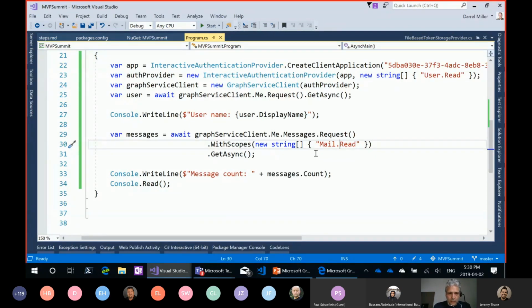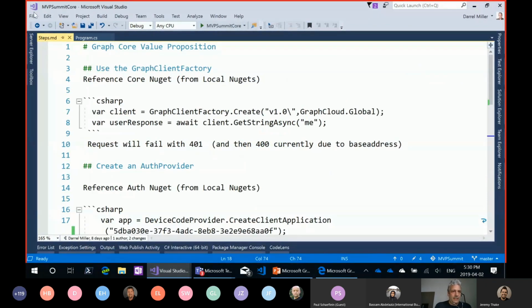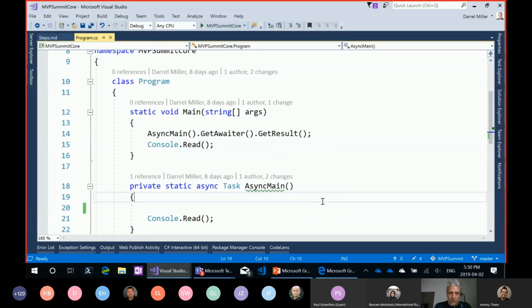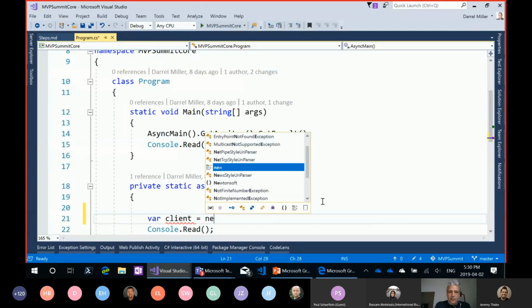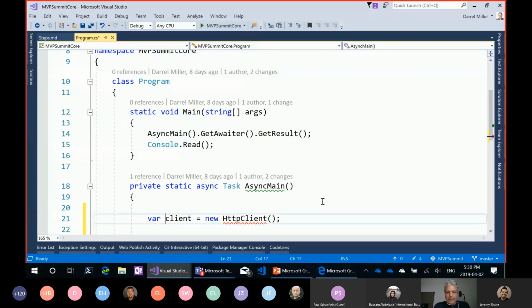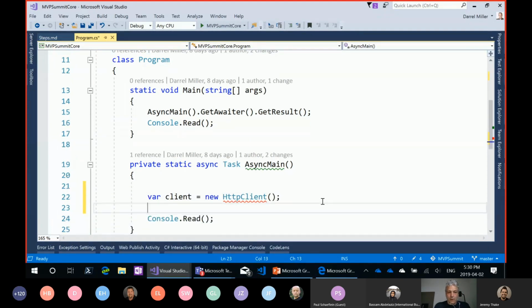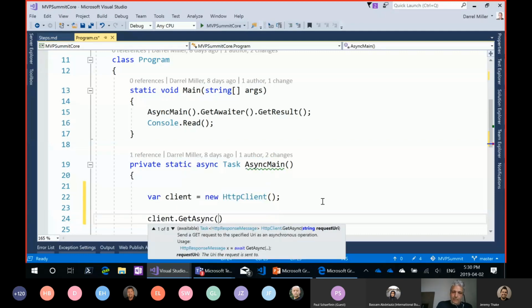So I'm just going to switch over to another sample. Now, in this case, it's actually a .NET Core console app, because we work both in full framework or .NET Core. And this time we're going to take a slightly different approach. I'm going to just go and create a new client, which is a new HTTP client. Right now, I want to be able to make a call, and obviously I can make a call to the Microsoft Graph just simply using GetAsync and then passing it